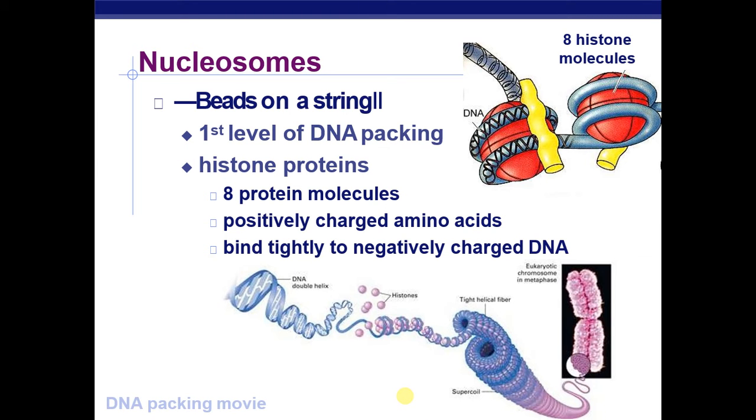Here is another picture on the top. The DNA double helix and 8 of them form a histone. And you can see the spiral of the double helix around those histones to form the chromosome in the picture here. Okay, so the main idea is that